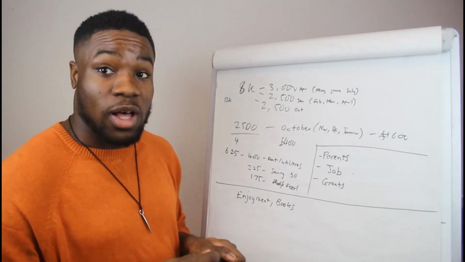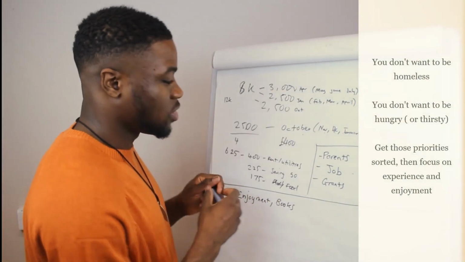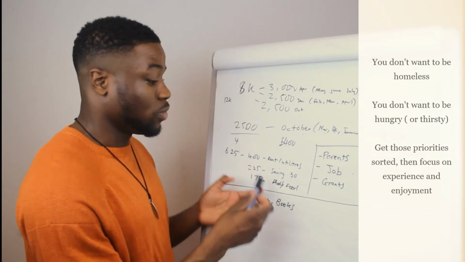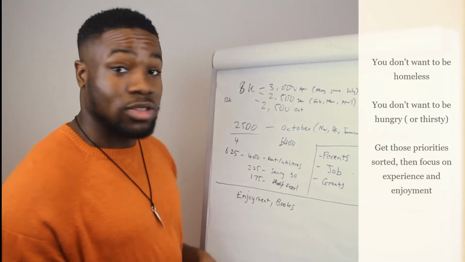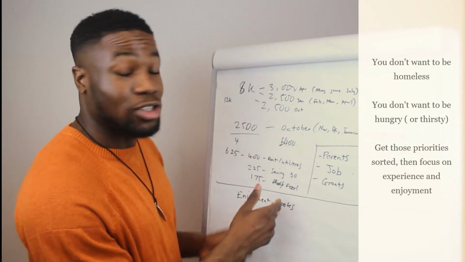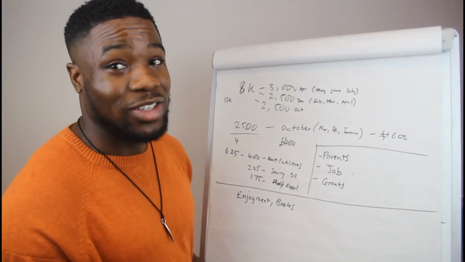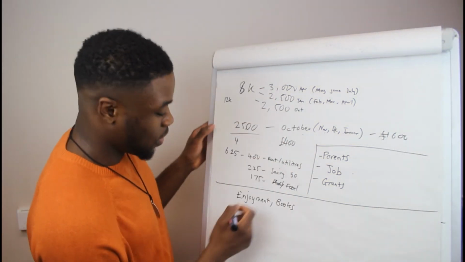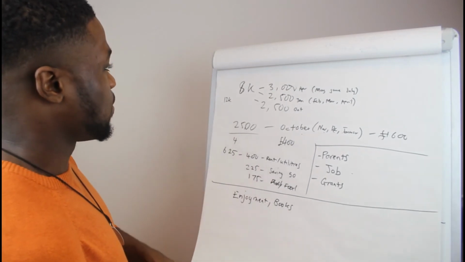So it's about being smart about it. Bills, first of all, you don't want to be homeless. Secondly, food, you don't want to be hungry. Learn how to cook. And get as close to uni as possible, because you don't even want to be bringing transportation into this. If you had 12k, for example, which I believe is the max,